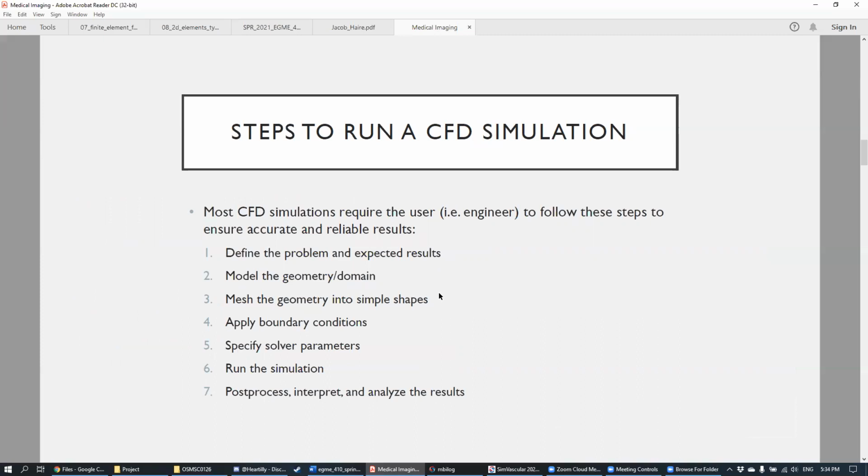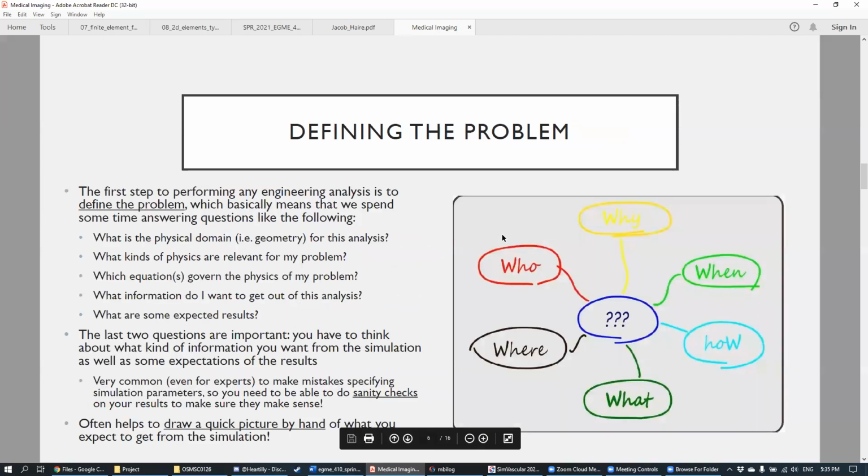So not just SimVascular, but for any software that you want to use. Okay. All right, and so step one for running a CFD simulation is always define the problem. And so if you remember, before you start any kind of analysis, whether it be CFD, ANSYS, pen and paper experiments, you have to define what your engineering problem is, and what you ultimately want to get out of your